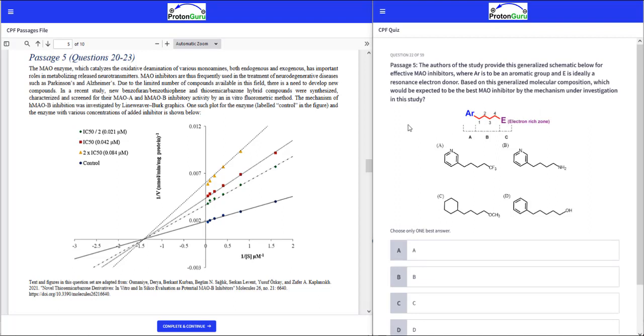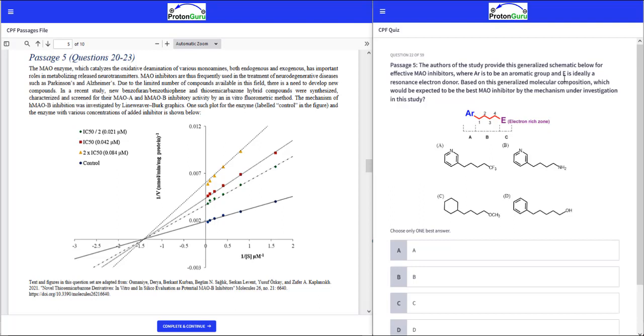All right, so the passage is about adding these inhibitors to the enzyme. And one of the things they have in here is this structure. So this question says, the authors of the study provide this generalized schematic for effective MAO inhibitors. MAO is the enzyme they're talking about if you read the passage, where AR is to be an aromatic group